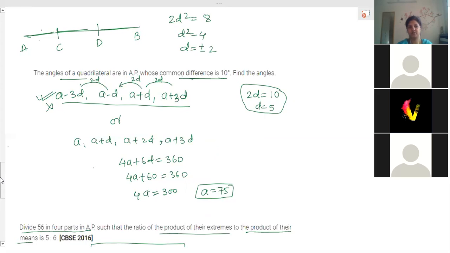I've explained this answer. I tried to understand it. So here the difference between those two terms is 2D. You will get the AP by solving the first part, first way. Can you find out the AP by using those values? Yes, ma'am. Then can you find out the difference from that? Yes, ma'am. That's it.